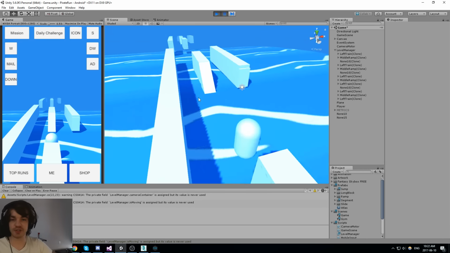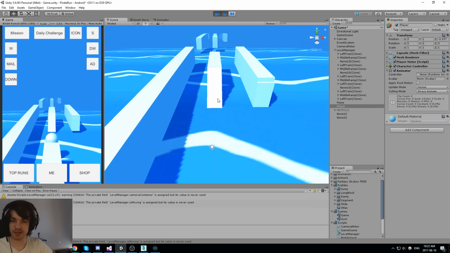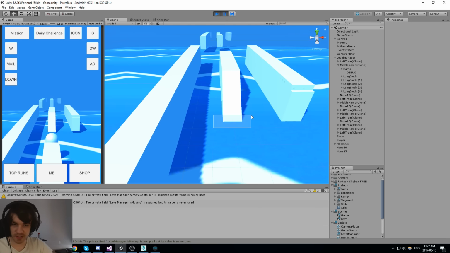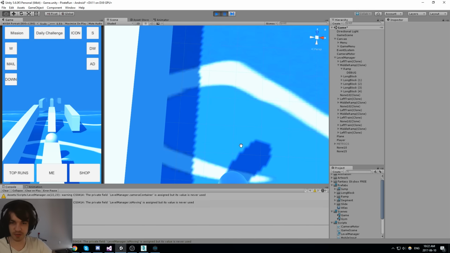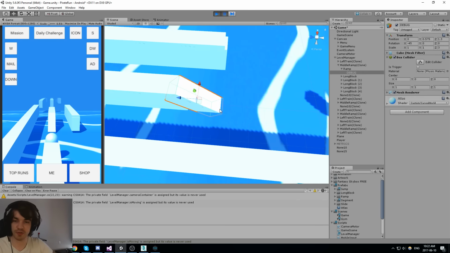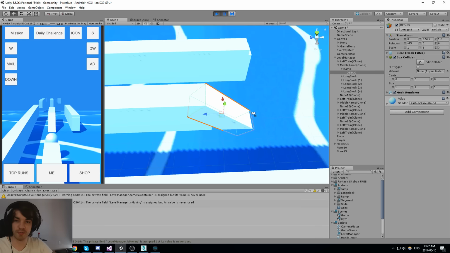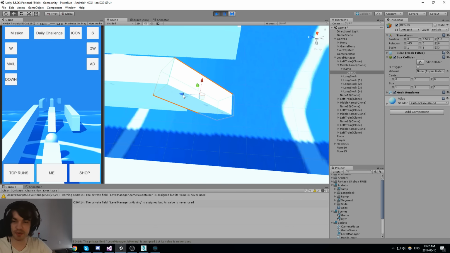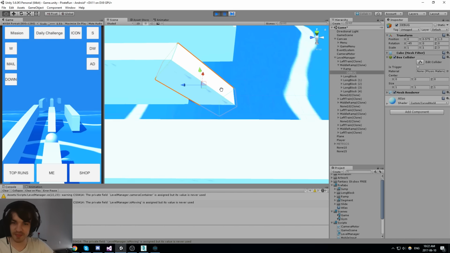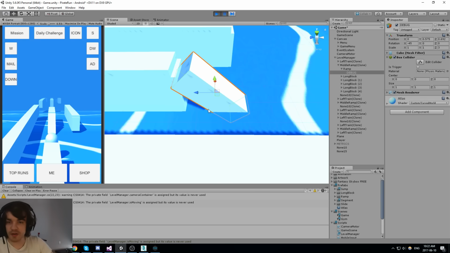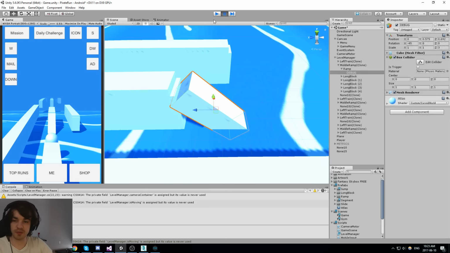So, how big is a lane actually? We could say it's 2 meter by 2 meter. That's 2 meter right here. I know it's hard to see, but there are 2 squares. That would be 2 meter in width. And in length, it really depends on what you have. So for this ramp, I really don't know actually. How big is this ramp? What if I put it here? Okay, so it's also 2 meters. So 2 by 2. Let's do that.